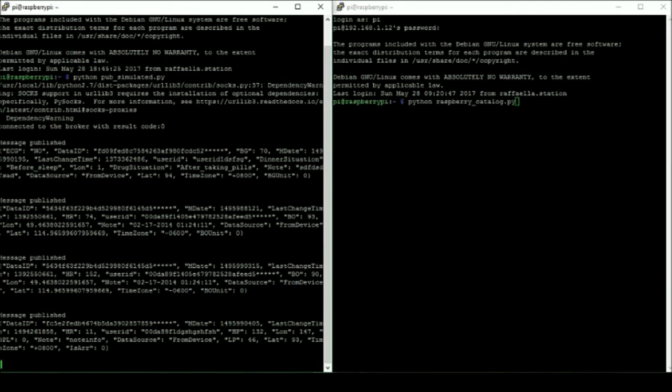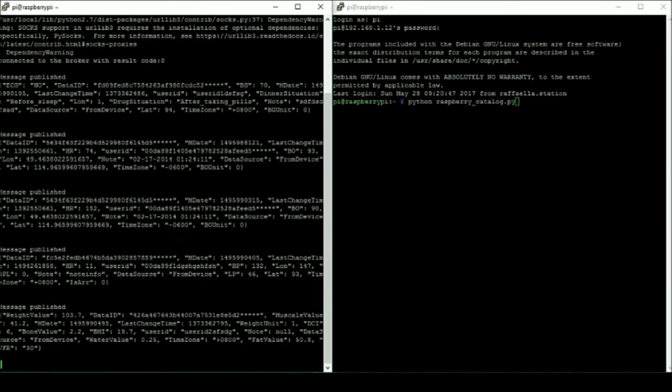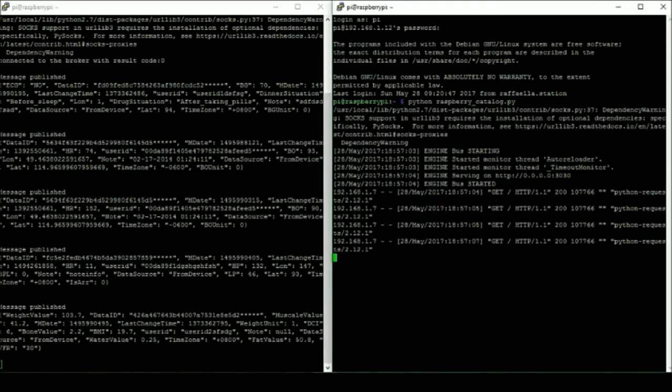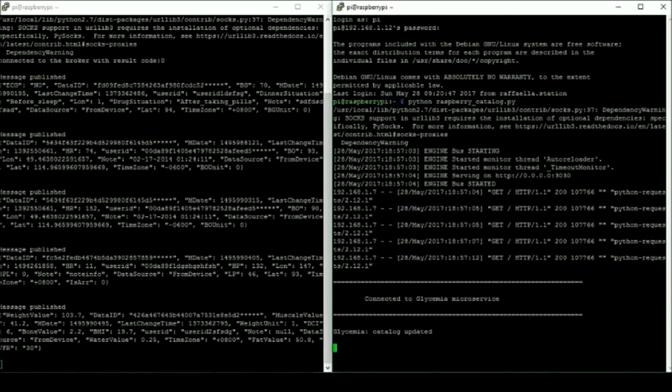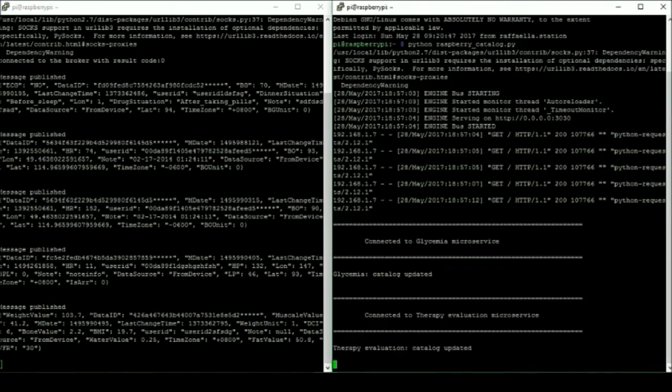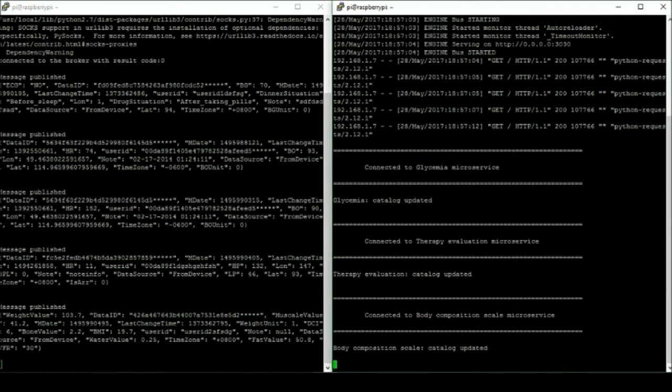On the left side of the screen, we can see that the publisher of simulated data published 4 different messages, one for each microservice. On the right side, let's see how the updating of the catalog works. The code checks all the ports of all the microservices and sees if new data has been added. In this case, since it was the first loop, it finds new data and we see the text catalog updated